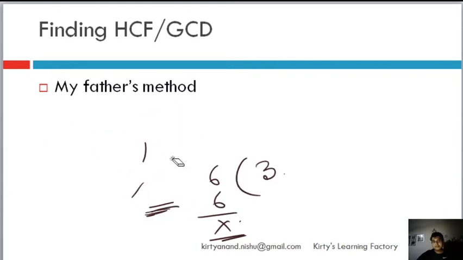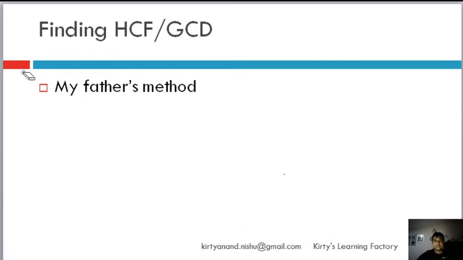Now let's say if I had to do it for more than 2 numbers, if I had to do it for 3 numbers, how will we do it? So let's take 3 numbers. Let's take 8, let's take 12, and let's take 24. So once again, ideally you should start with the smallest number, but you can also start with the second smallest number, and then obviously you will have to divide the larger number. So if I start with 8, then I will divide 12 first, or I will divide 24. Either of them is okay. So let's start with 8 and 12.